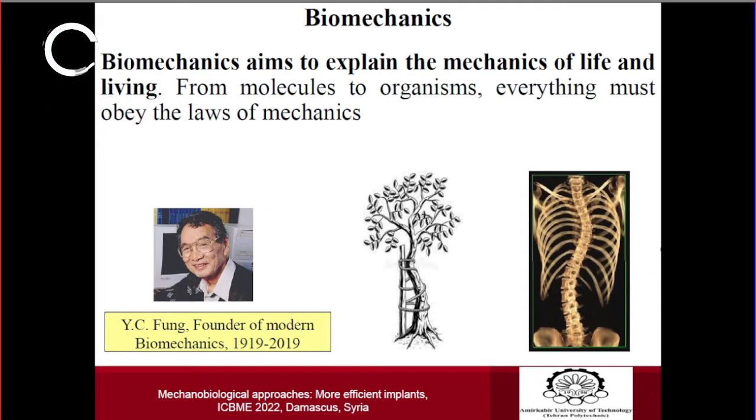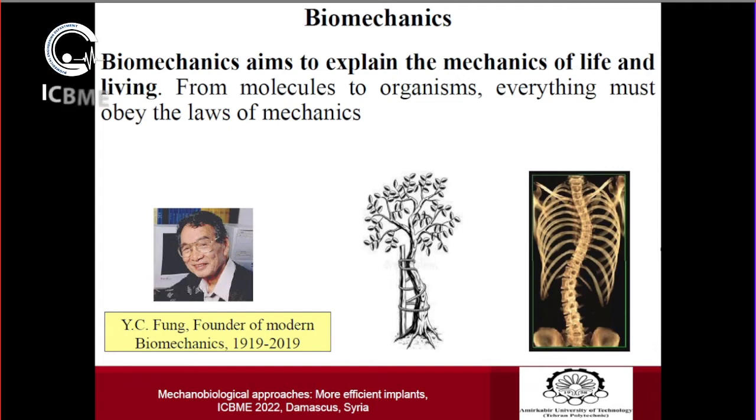Please see this deformed spine. It's called scoliosis. We bioengineers should be able to explain the deformity of the spine and its causes based on what we know from biomechanics. And we have to be able to find solutions for this kind of problems. Okay, go to the next slide,